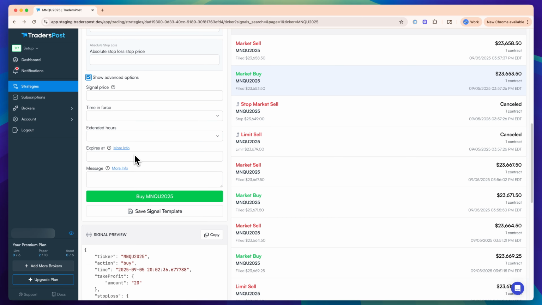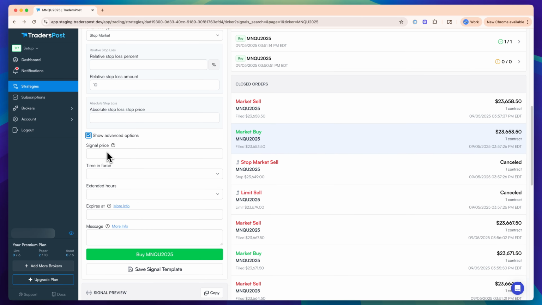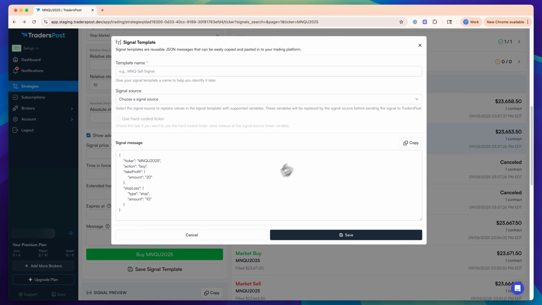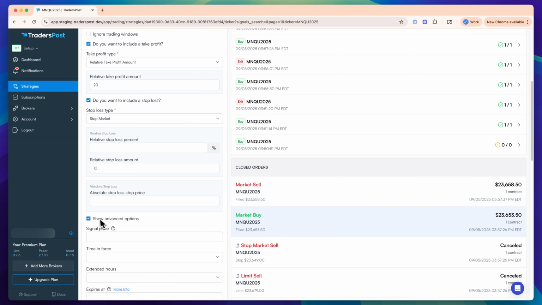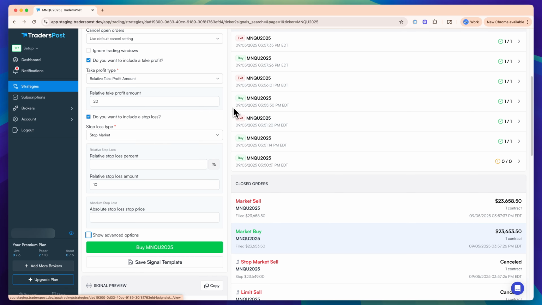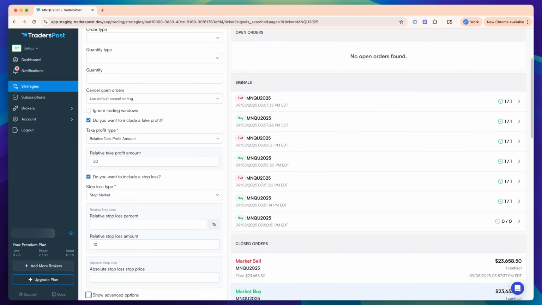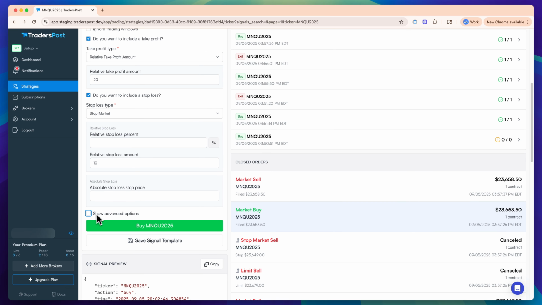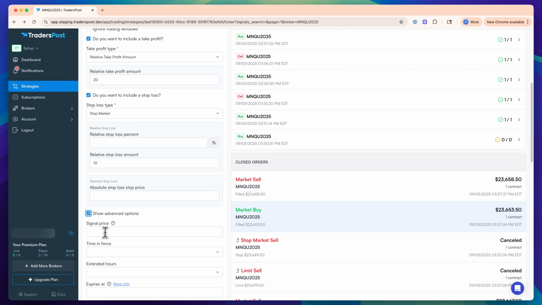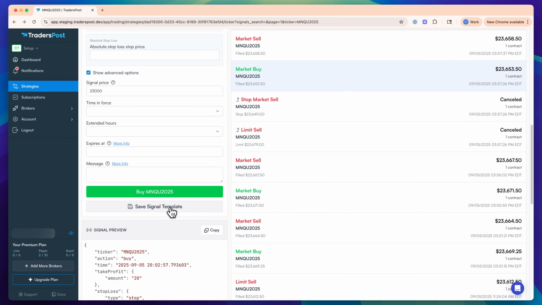We will also need to include a signal price. So we'll also need to include an area for the price. So for the signal price, I'm just going to write in 23,000. And if we go to save signal template,